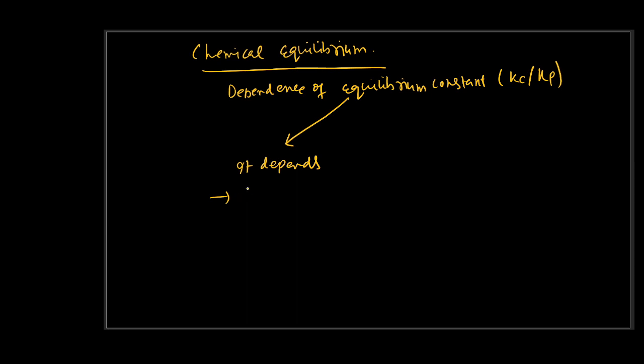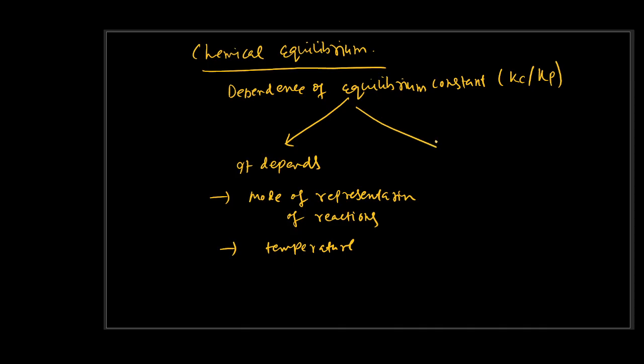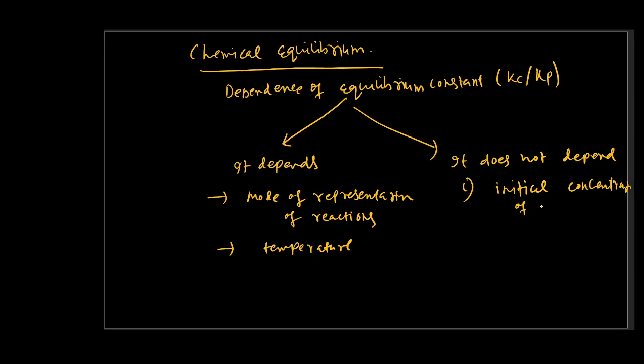Range of modes of representation of reactions, how the equilibrium constant changes. So it depends on the mode of representation of reactions. It depends on temperature, and it does not depend on things like initial concentrations of reactants